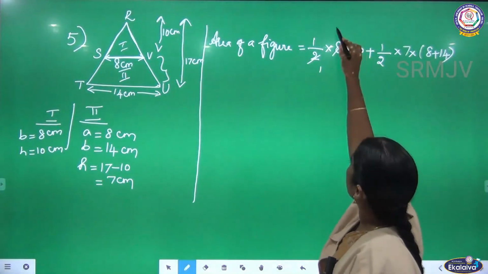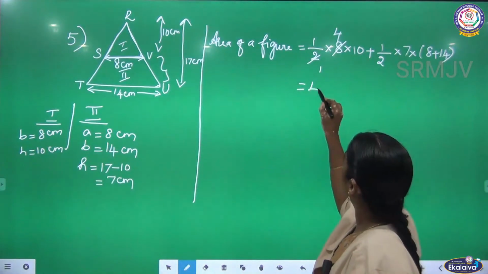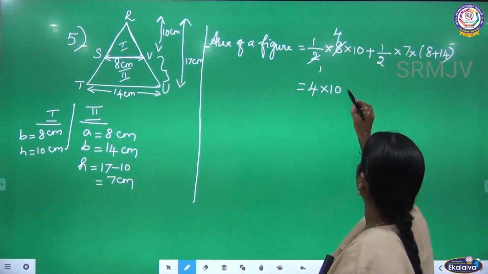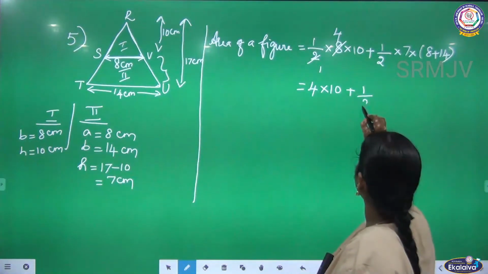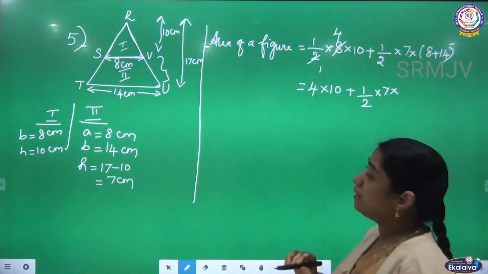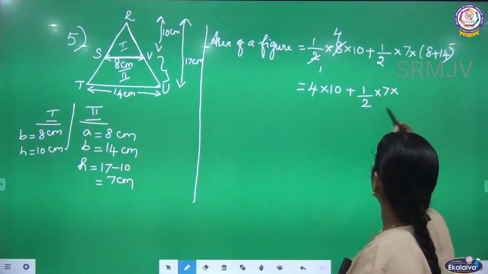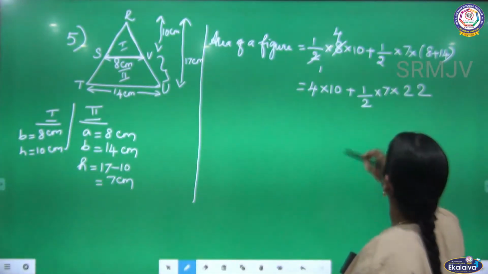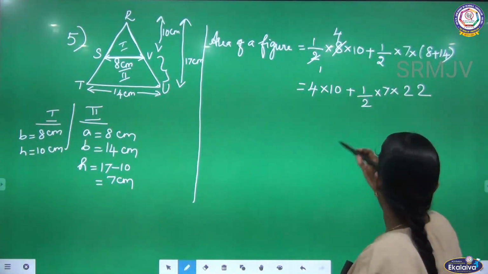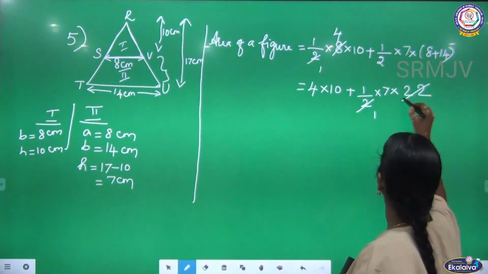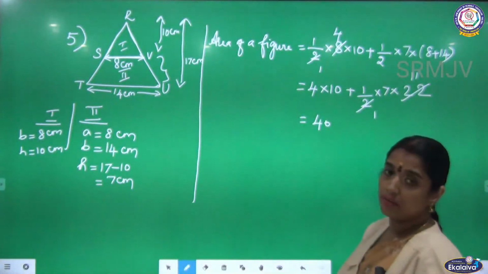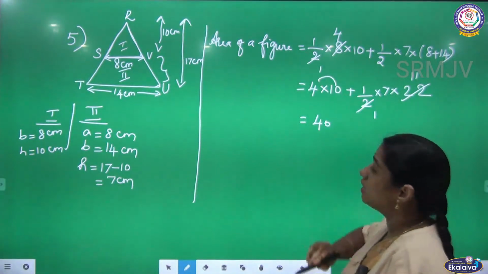2 ones are, 2 fours are. So 4 into 10 plus 1 by 2 into 7 into 14 plus 8 is what? 22. 14 plus 8 is what? 22. So when I am cancelling this, 2 ones are, 2 elevens are. So 4 tens are is what? 40